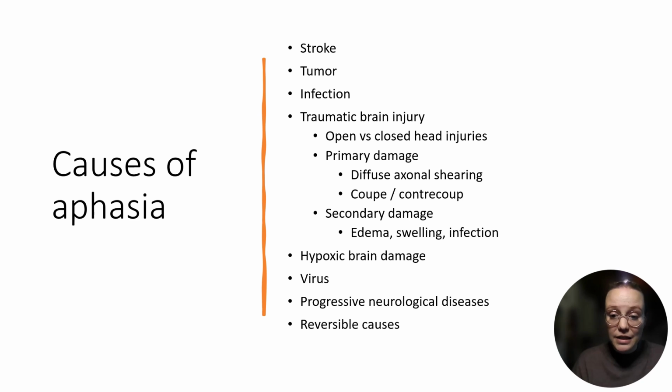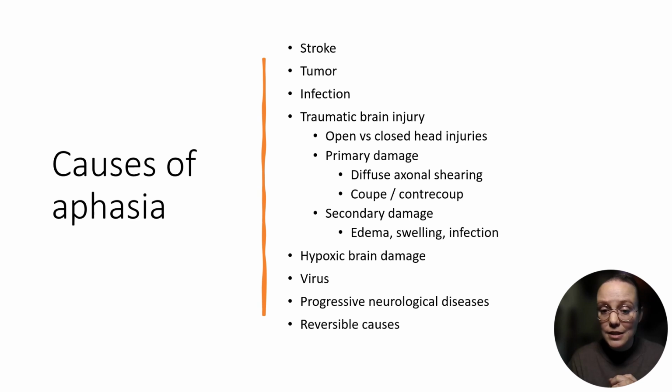And then, of course, there's secondary damage that happens as a result of a traumatic brain injury. Edema, swelling, and infection. So this is what happens when the brain is trying to correct itself, how it's reacting to this trauma, and that can contribute to aphasia symptoms. Some other causes include hypoxic brain damage, which is a lack of oxygen for a considerable amount of time. An example of this might be a near drowning experience. A virus,